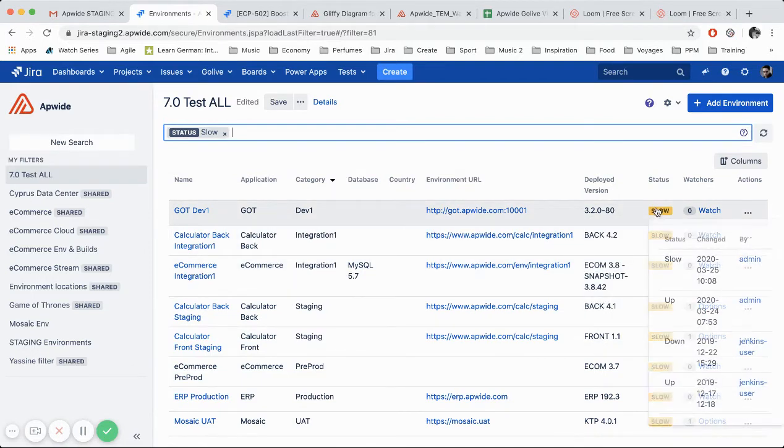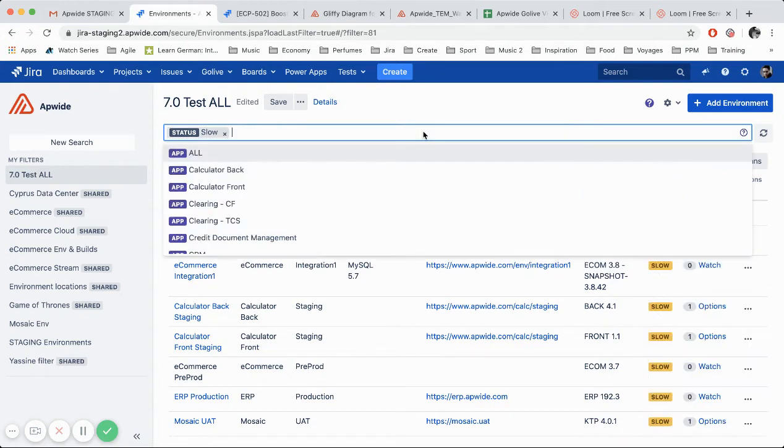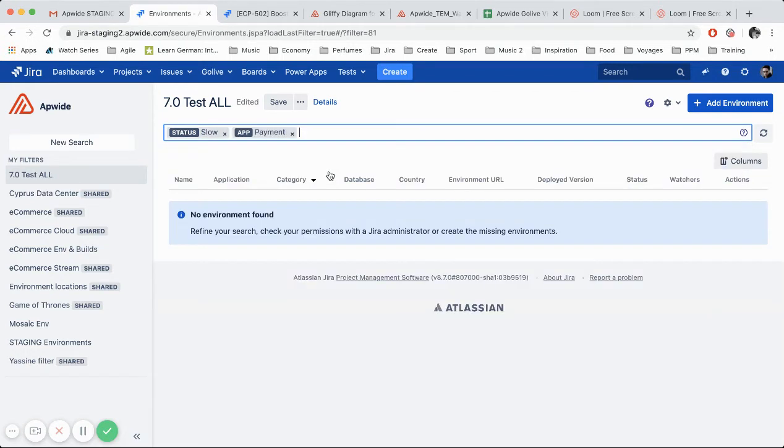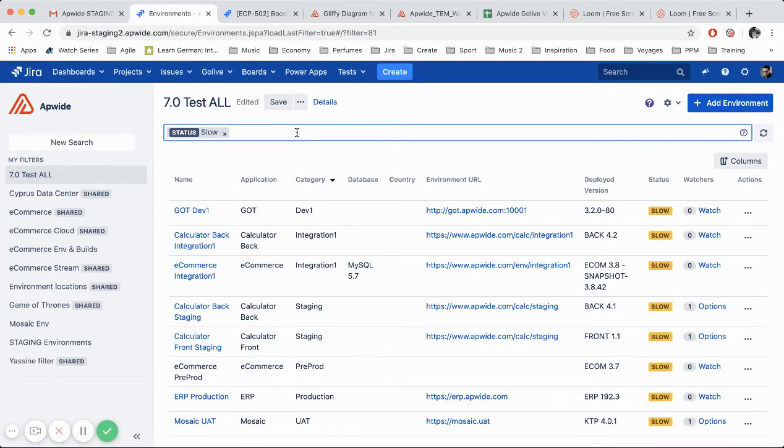Okay, so I like this idea of a mouse over the elements here that can show you all the details. For example, if we take a look at that GOT development one, you can see the history of the statuses. It was up by this date and it was changed to slow by this date. Okay, and of course you can combine the search, like slow and up payments. Up. So actually I don't have something like this. Or you can search by